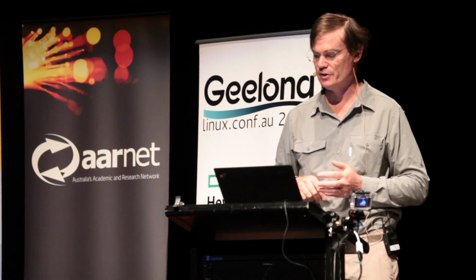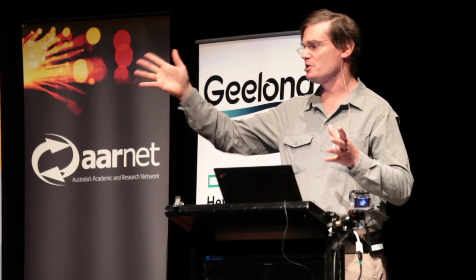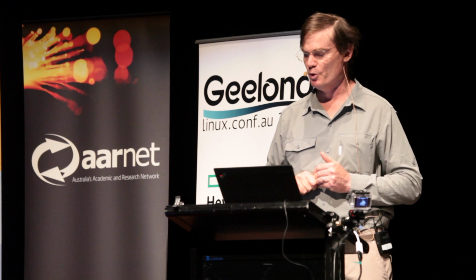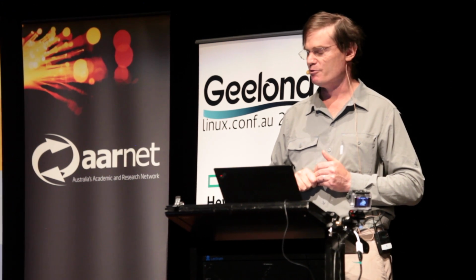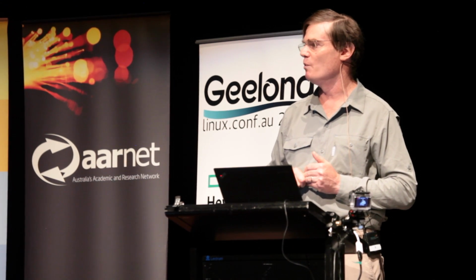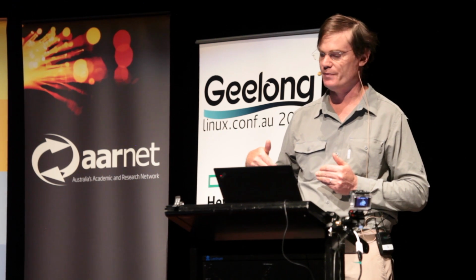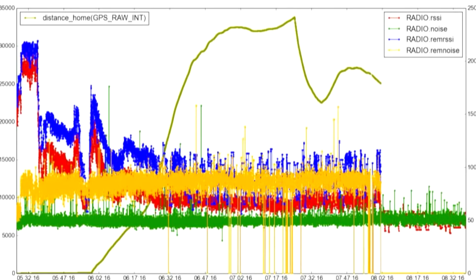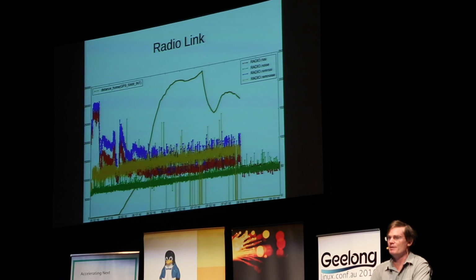And what we could see is that when we extrapolate out the potential range of this radio, we would have got 150, 200 kilometres with a one-way link, coming from the aircraft to the ground, because very low noise on the ground. The green line is the noise floor on the ground station. The yellow line is the noise floor in the aircraft. And it's really just reinforcing the old lesson of these types of radios, which is, the biggest limitation on your range is actually your noise floor, and trying to get rid of those noise sources.